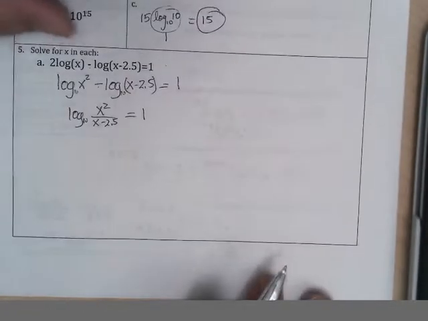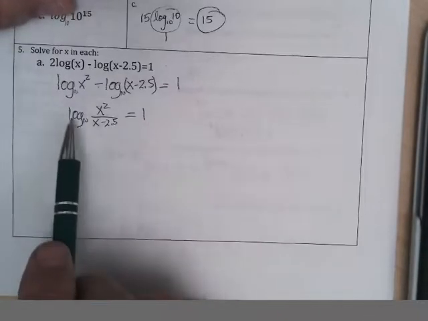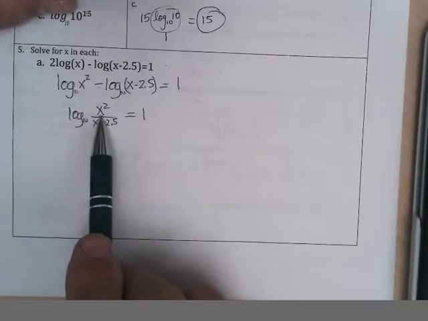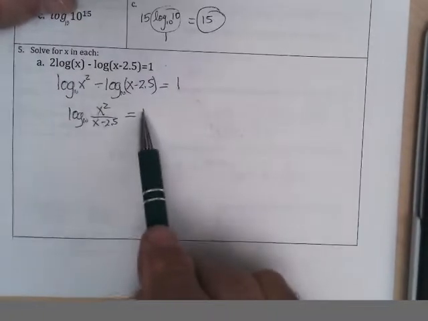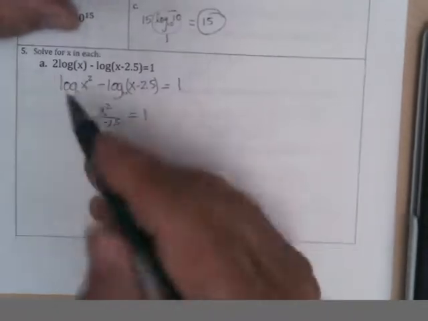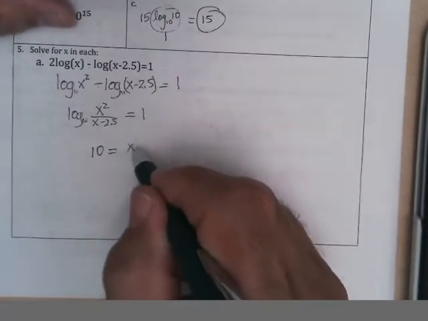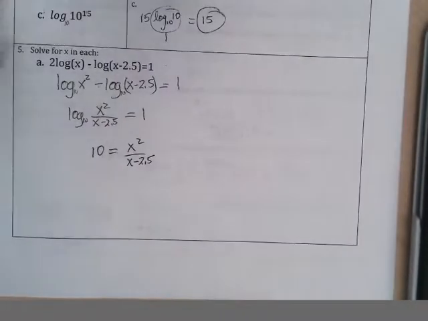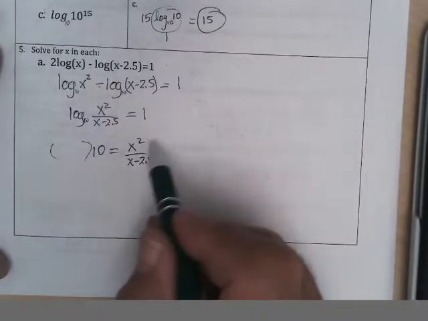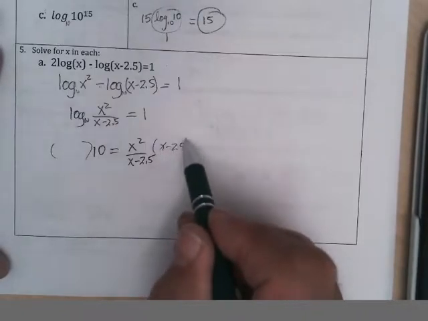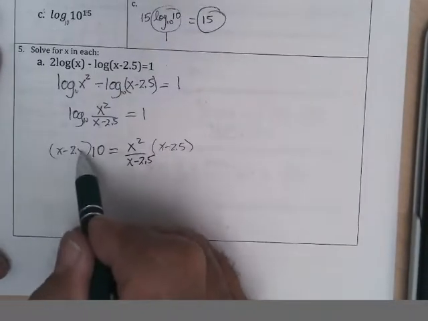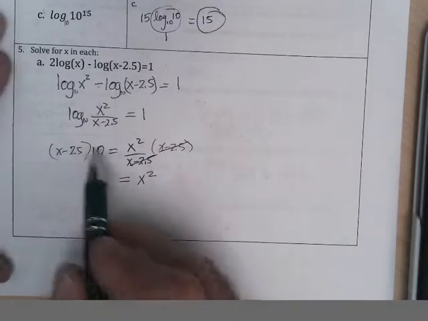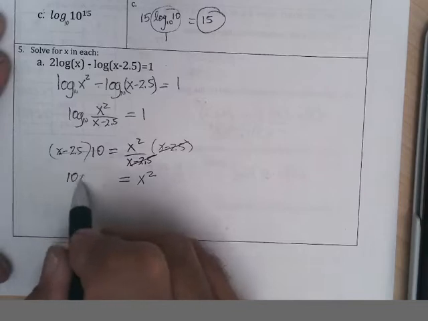Then we're going to convert it using the power equation. Log to power, log to a power. This says, to what power do I take 10 to get this? I take 10 to the 1 to get this. So 10 to the 1 is 10 equals x squared over x minus 2.5. To solve this, I'm going to multiply both sides by x minus 2.5. These cancel out, and I get x squared equals 10 times this, which would be 10x minus